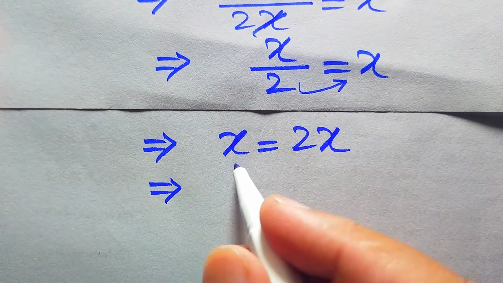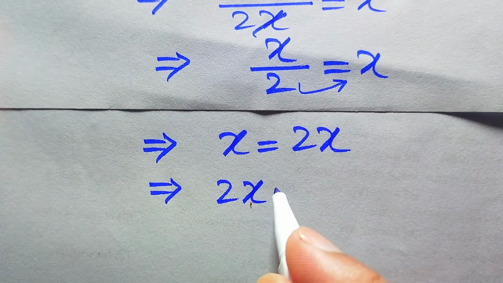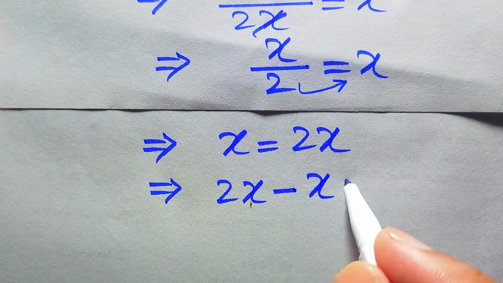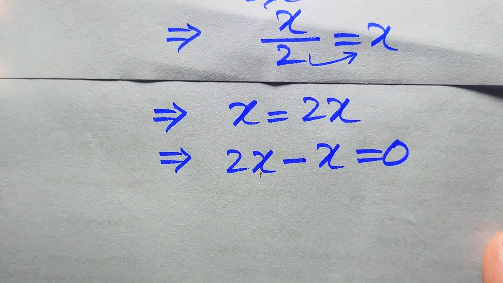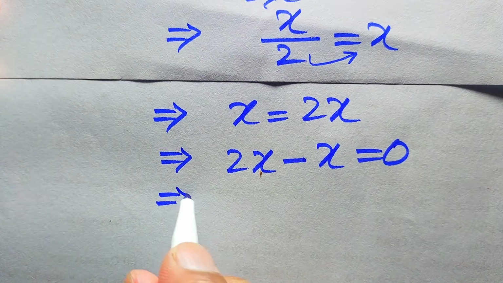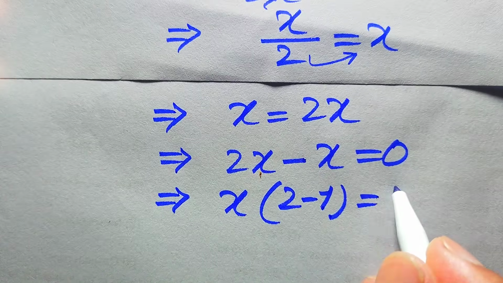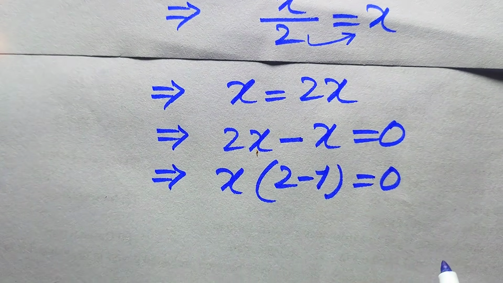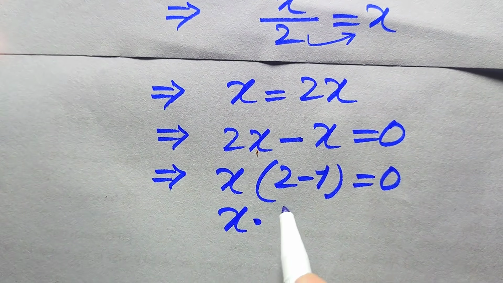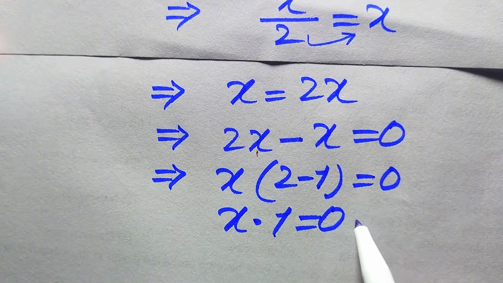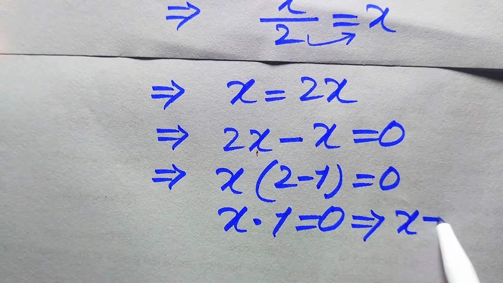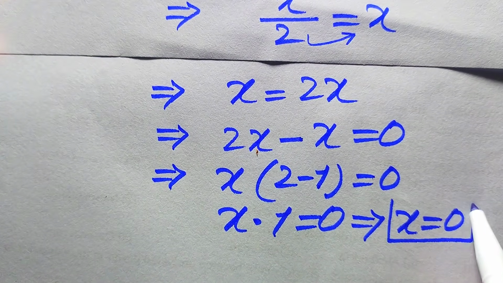Further, we move the term x to the right hand side, and we get 2x minus x is equal to 0. You see that both of these two terms involve x, so we take common x from here, and we get the remaining values 2 minus 1 equals 0. And 2 minus 1 becomes 1, so 1 times x equals 0,